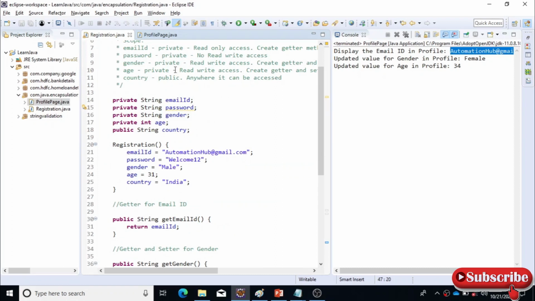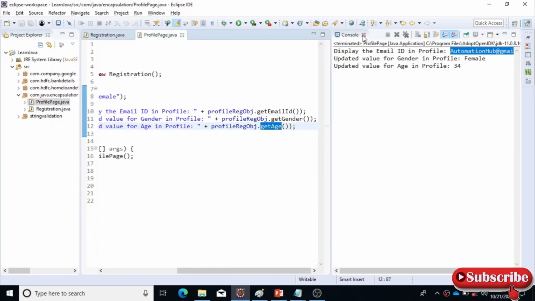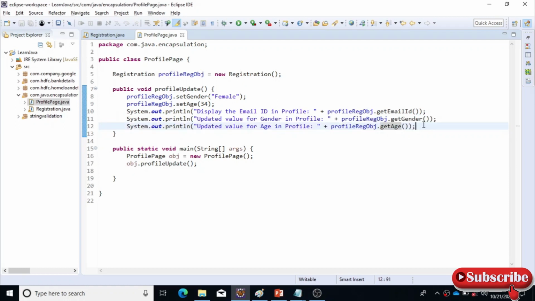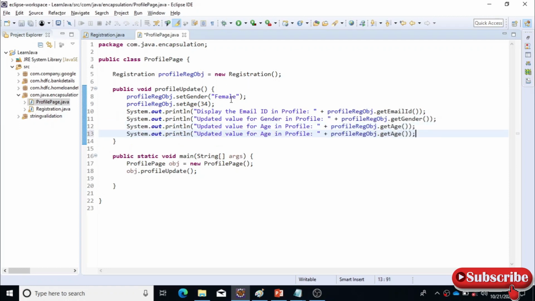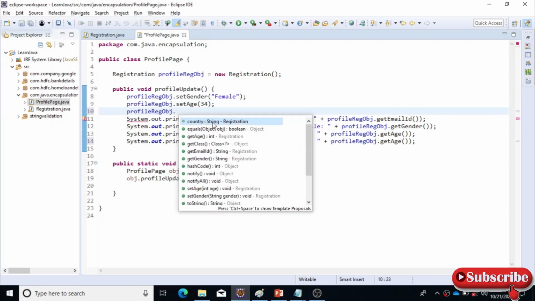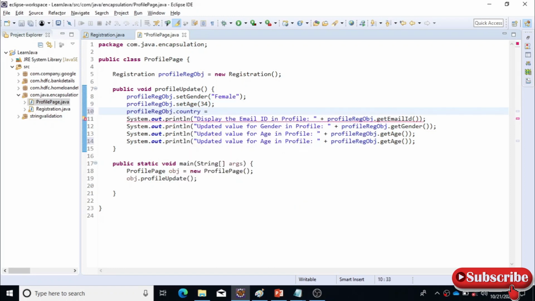And now for country we can update it as some value. This is public, right? So you can just go here, let's close this console, and you can directly update it. So that is a public variable, right? So you can put this object dot country equal to some Australia or something.